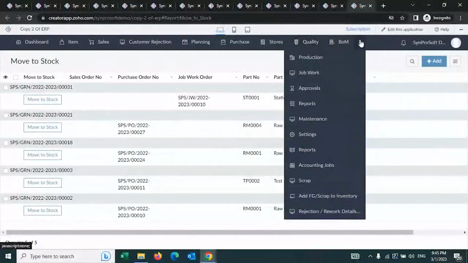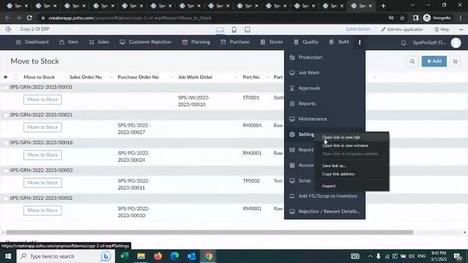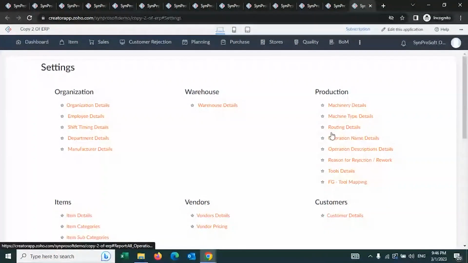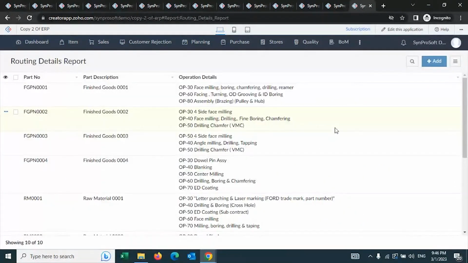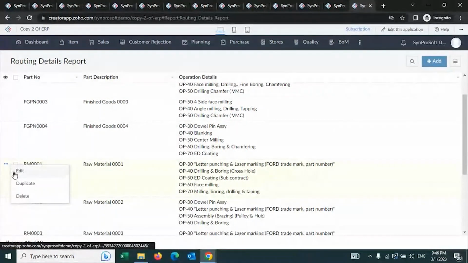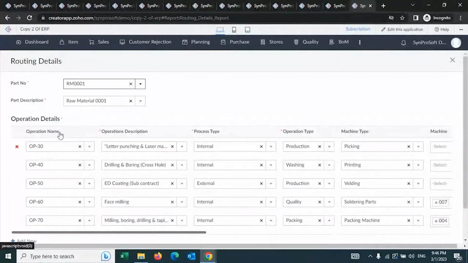And when I come to production, there are two very important things that I'm going to touch upon. One is with respect to how I am going to create the production workflow for every product. That is going to be my first demonstration. Following that, I will show you how the production update will happen in the system. To start with, the production workflow. How am I going to do it? Let's assume this is the item that I'm going to manufacture. Now, how am I going to create the flow in the system?